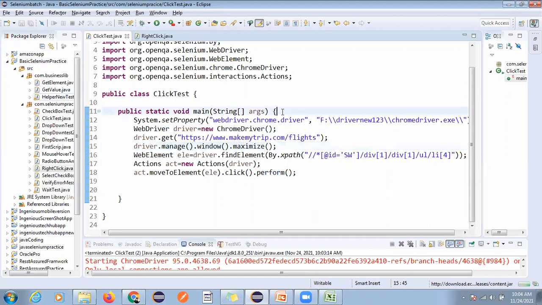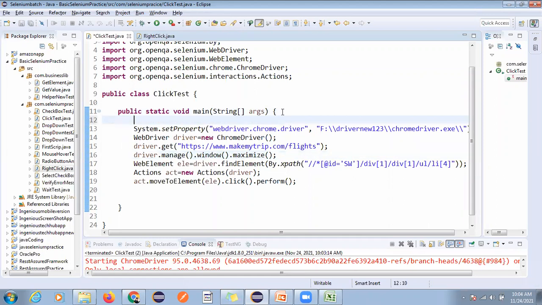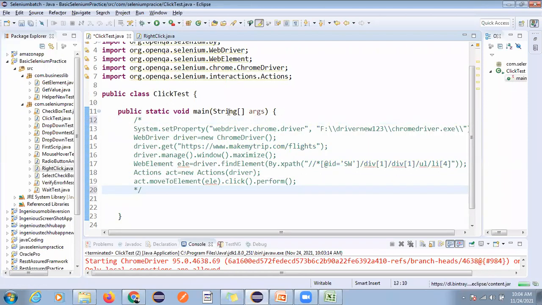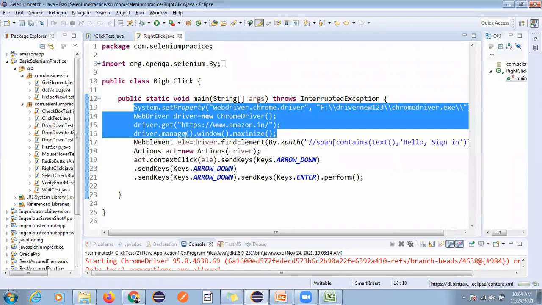So I'm just going to comment this all out, mouse hover with click. Okay, I'm creating a method called mouse hover with click.